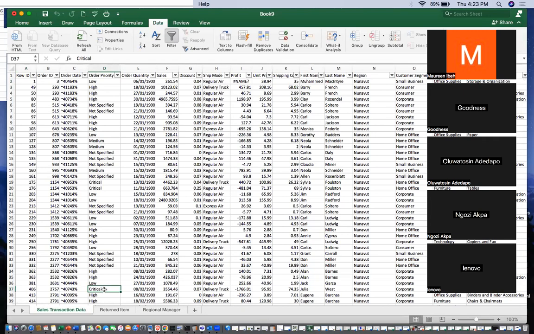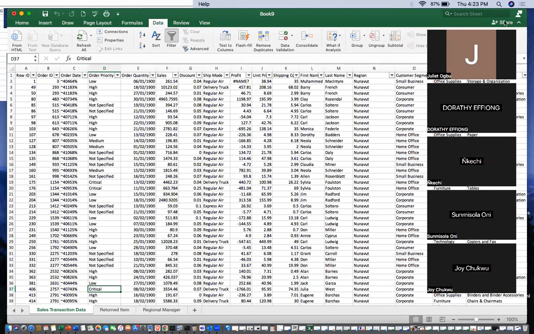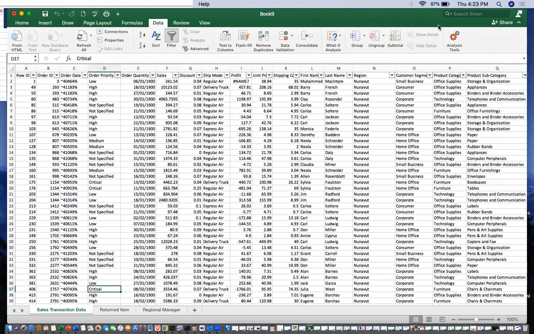Okay. So they said, using the appropriate method, import the sales transaction data into the sales transaction worksheets. Using the appropriate method, import the returned item. We have actually done all of this. So now, the first thing in the data exploration and understanding said we should investigate and explore each of the field